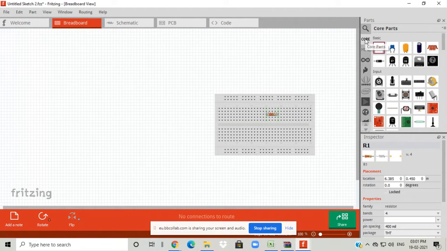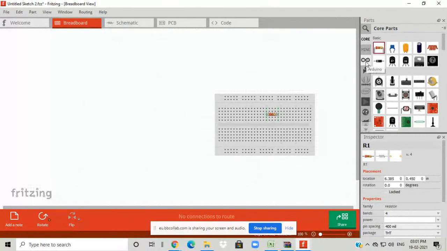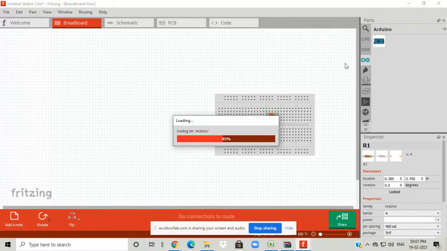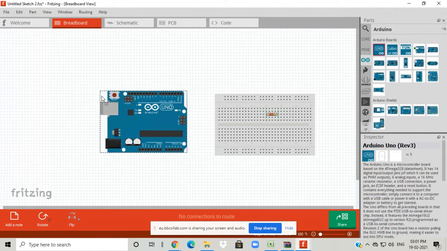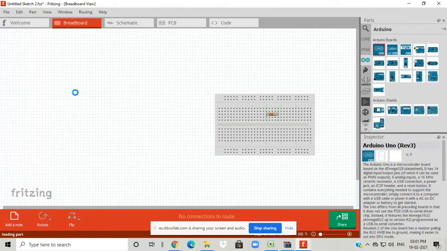Okay. After core parts, there is Arduino. I will click on the Arduino, and it will show the different Arduino versions available. So it is one Arduino. Just pick and place it here on the screen.